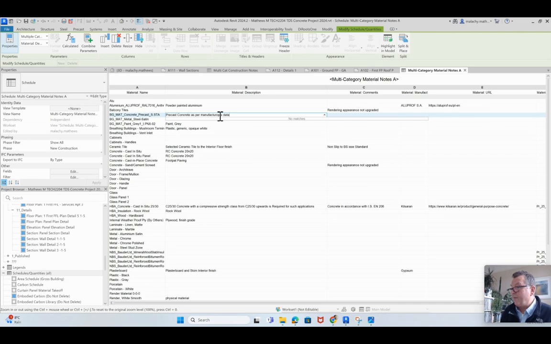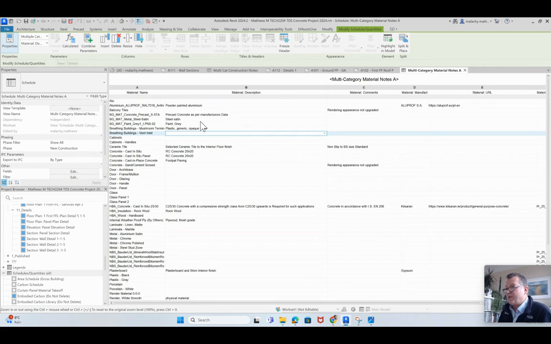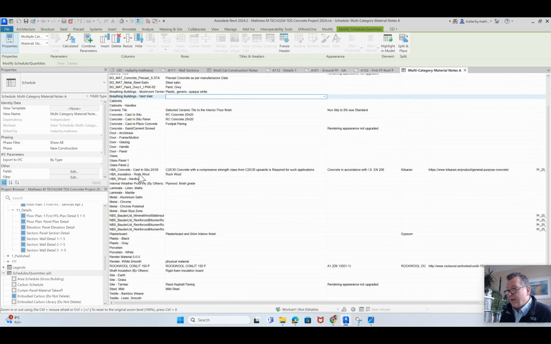Okay, as per manufacturer's data, and we can correct spelling mistakes and all that kind of stuff. Now, that'll populate 913 times of that particular material here. Then you'll find lots of materials that are not populated as yet in terms of the material description. There's the HB concrete, that's the important one there. And we can go in and put in a far more elaborate description of what that concrete is,